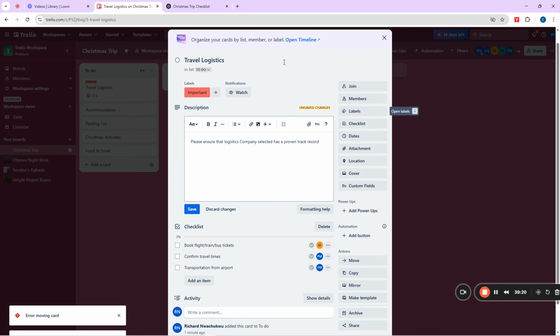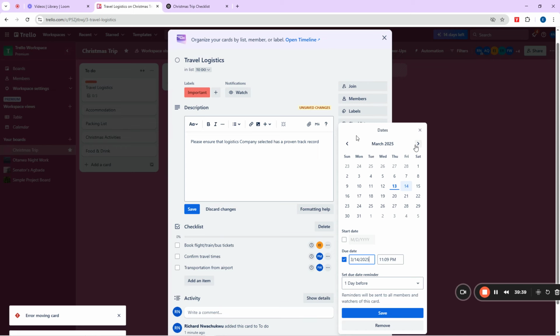Okay? So we can still talk about dates here, like when should this thing be completed? Our Christmas period is when we're going to do this trip. So when should this thing that concerns our booking and all these things be completed? When should be the due date for all these things? You can put that here by clicking on date and then selecting it. Of course, it must be due by November 25.